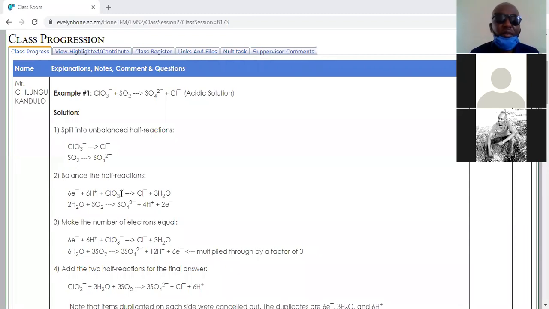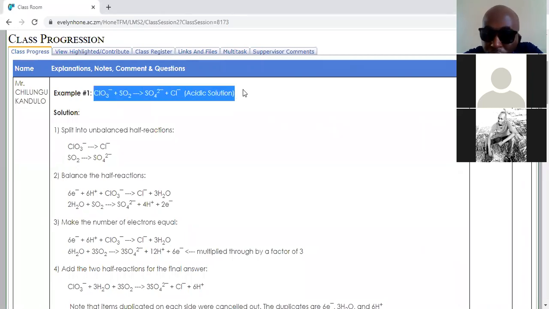Yes, sir. Okay. So I was saying, if you have this equation, this is acidic solution. For acidic solution, it's very easy because in most cases, we only have the things that are oxidized and reduced. So you isolate the things that are similar: the chlorate with the chloride ion, the sulfur dioxide with the sulfate ion, like this. Then I was saying, to balance here,